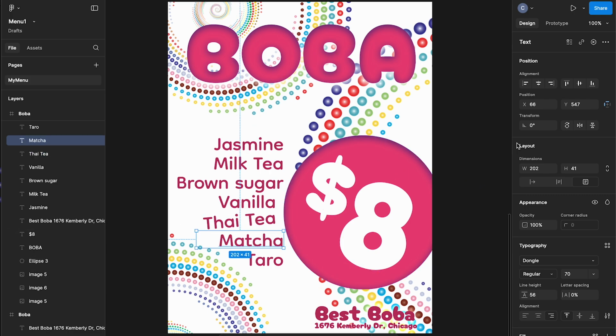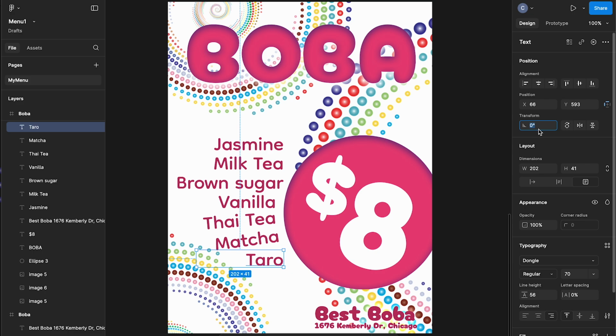Do the same thing for matcha, rotate it a little bit more. And move it over slightly. You can use the arrow keys to move a little bit, or you can drag to move a lot. And then for taro, I'm going to rotate it even more so that everything below vanilla kind of radiates out. I'm going to do the same thing up above with brown sugar,